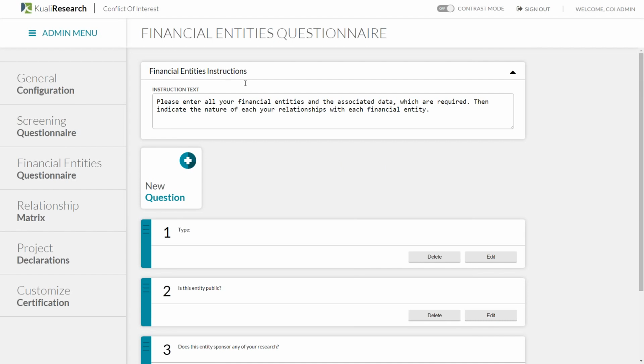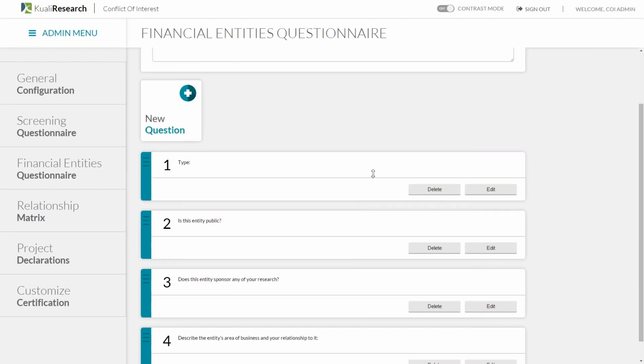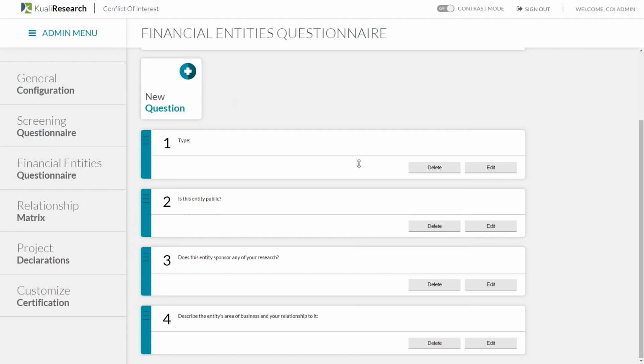Here again, I've got an instructions area where I can set instructions that are specific to the financial entities step within the annual disclosure. And I've got my questions, which you saw were presented each time I added, or if I had gone to edit any of my financial entities. If you recall, when we looked at the disclosure from the researcher perspective, we had the name of the financial entity, and then all of these items here that are the 4 questions were presented at once for the user